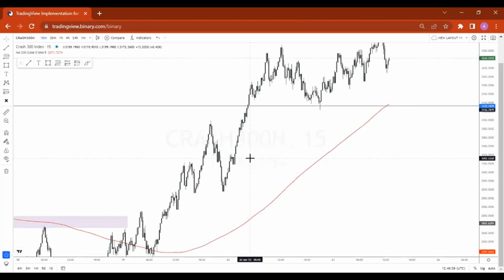Now, do I use this for my main trade reason? No. I don't use it as my main reason for a trade. I use it as added confluence. I use it as added confirmation. For instance,